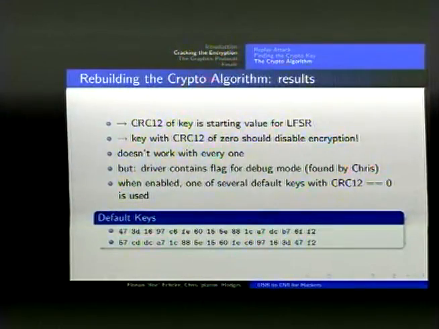Okay, so one interesting piece is, of course, that LFSRs which are loaded with 0 will always output 0. So if you have a CRC12 at 0, this should just disable the encryption entirely. For some reason which we haven't been able to figure out yet, it doesn't work with every key, but there are some keys which do have a CRC12 of 0 and which do disable the encryption, and we found these